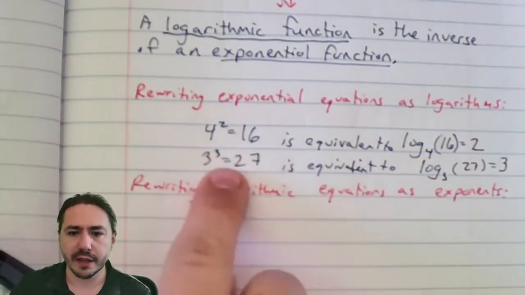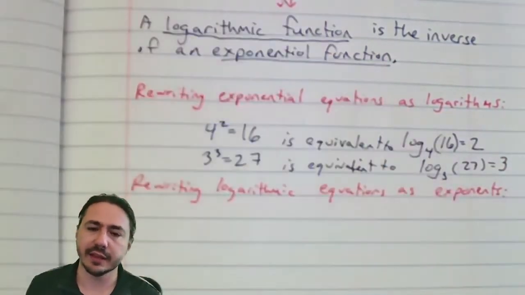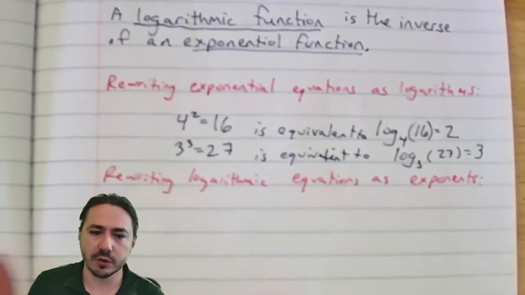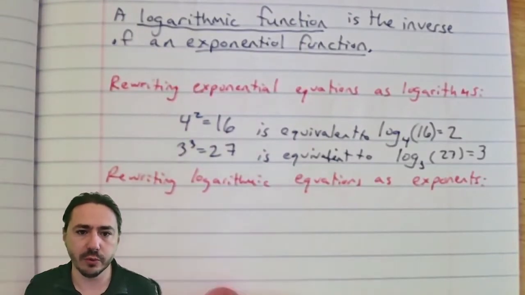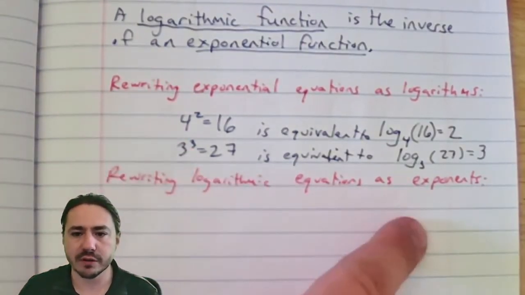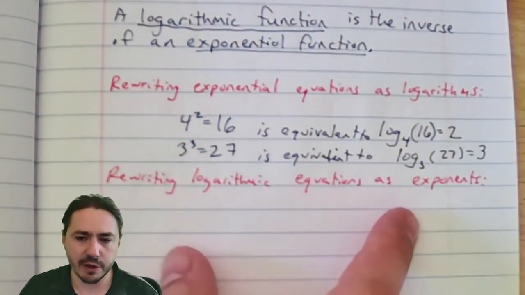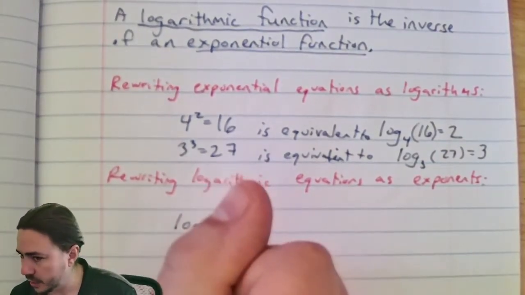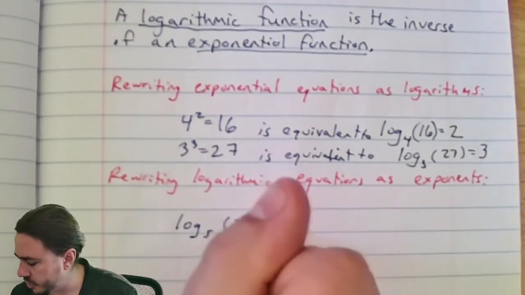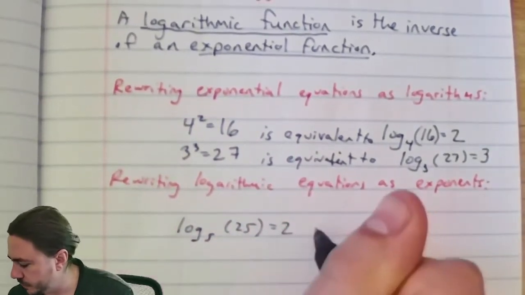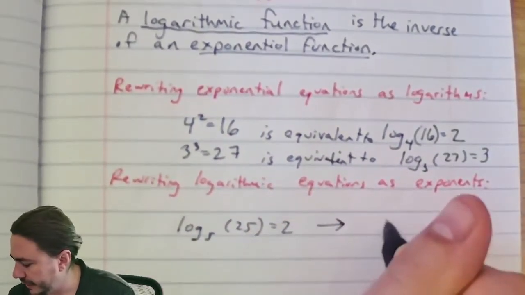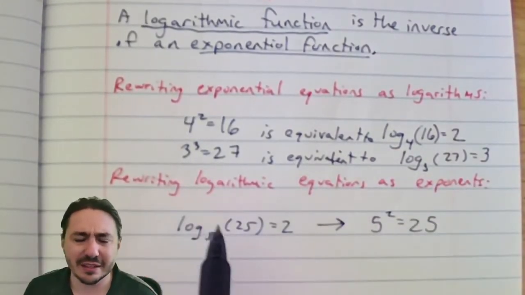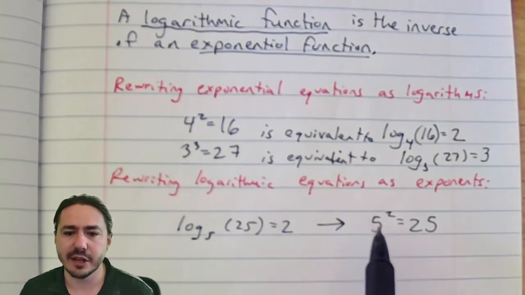So whether you write it like this or write this like this, you're saying the exact same thing. It's just a matter of what's more useful to you in terms of what you're doing. You can also go backwards. You can write a logarithmic equation as an exponent. So if I have something like log base 5 of 25 equals 2, I can rewrite that as 5 squared equals 25. Sometimes it's a little easier to go this way, I think, because you're so much more